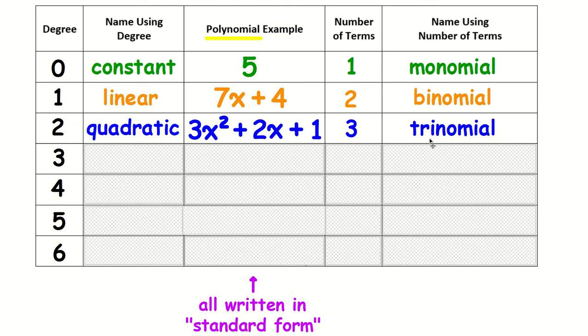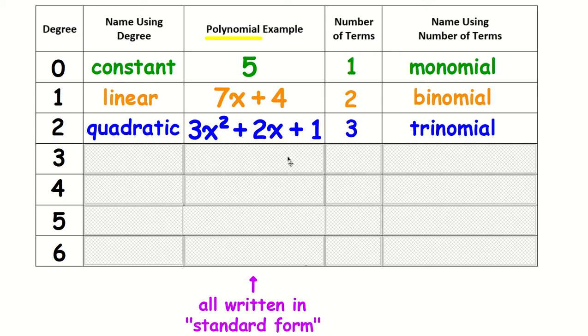I'm optimistic that you've heard the word trinomial before, and binomial, and monomial, and polynomial. But quadratic might be, so far, your best chance of never hearing that word ever in your life. And that word goes when you have an overall power of 2. So we can call this